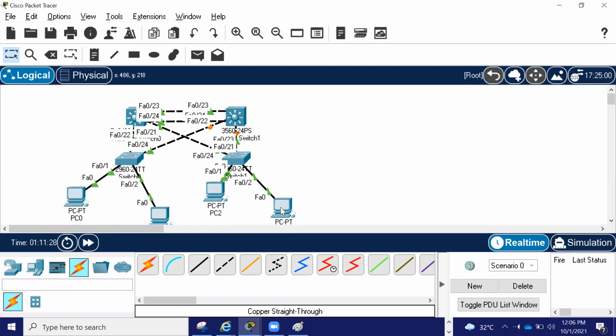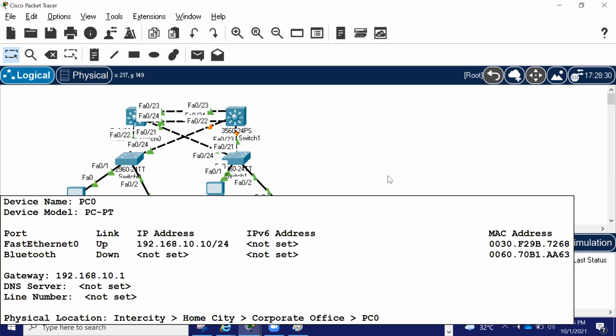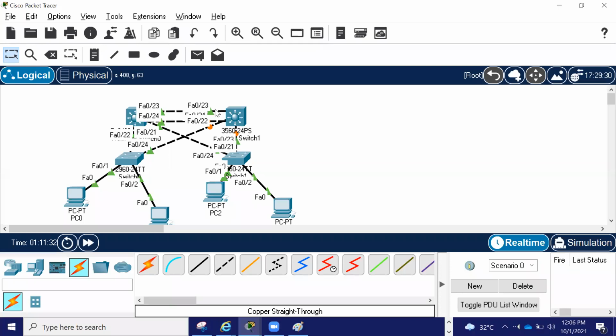And when this machine wants to talk to this one, it again went to core 1 and went to the destination. It did not go to core 2. Why? Because core 2 is standby. All the traffic is right now carried from here. Why is it happening? Just because of HSRP.